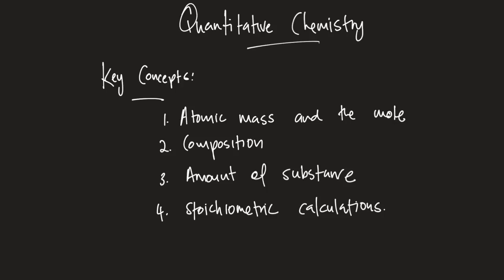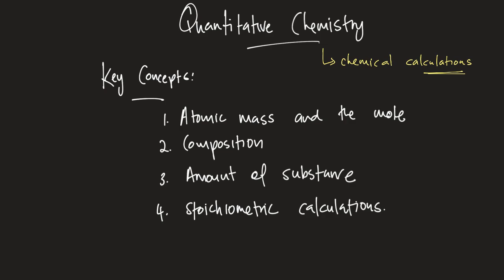Grade 11s, what I want you to do is we're going to start with something called quantitative chemistry. So basically what we're doing here is chemical calculations. Up until this point, everything you know about chemistry has been from a theory perspective. But what we're going to do now is, instead of working on the theory, we're going to do actual calculations. So quite a bit of math